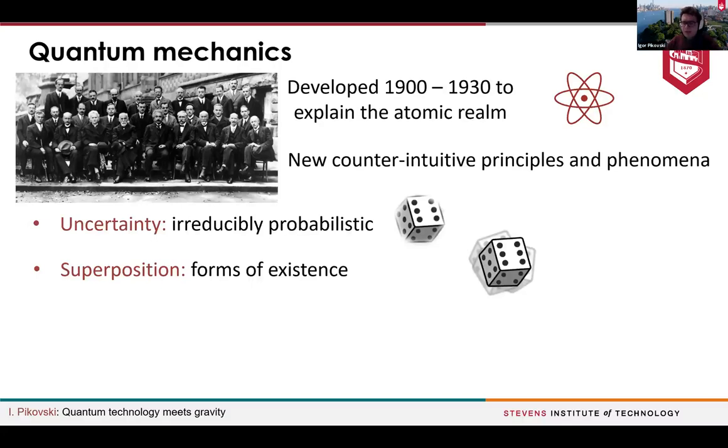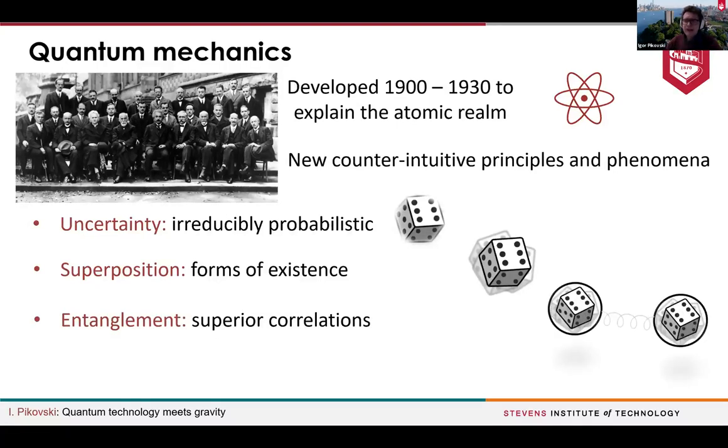Another very striking feature is the so-called notion of superposition. And this is different forms of existence of states that particles can have, which we do not usually observe in everyday life. So colloquially, people say that particles can, for example, exist at the same time in different positions. They can be in different places at the same time. But these are words that we use to explain a phenomenon that we just simply don't have a good intuition for. And then finally,